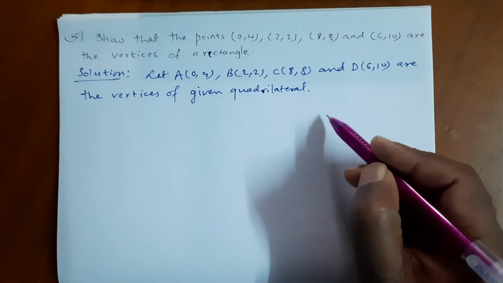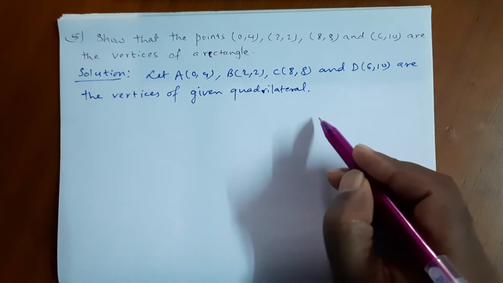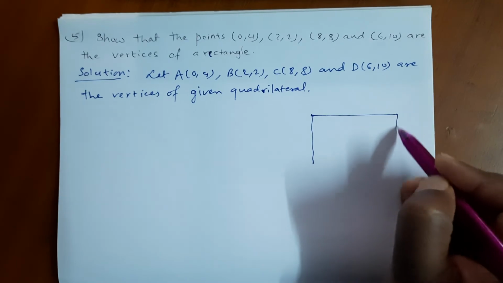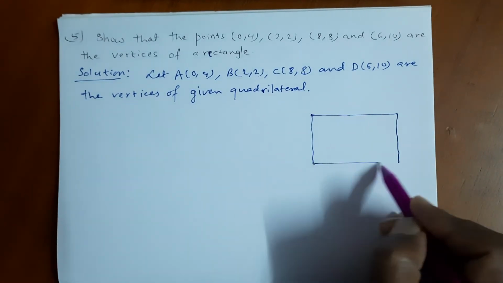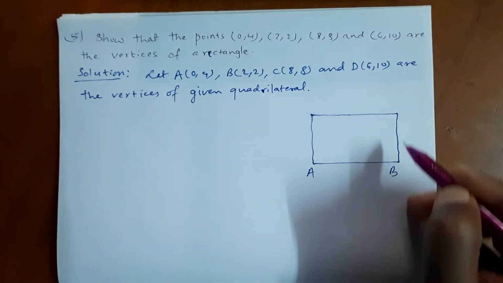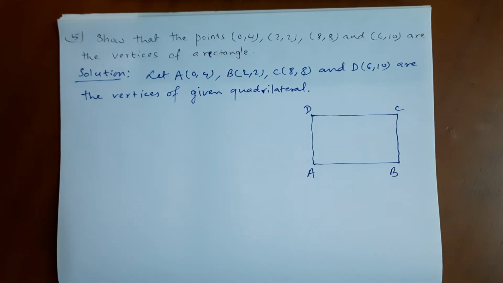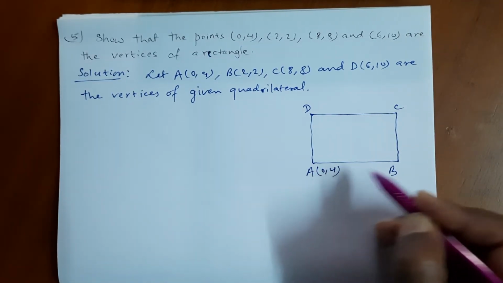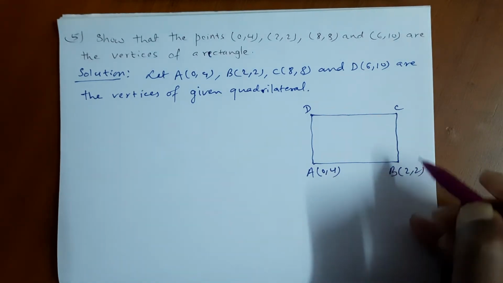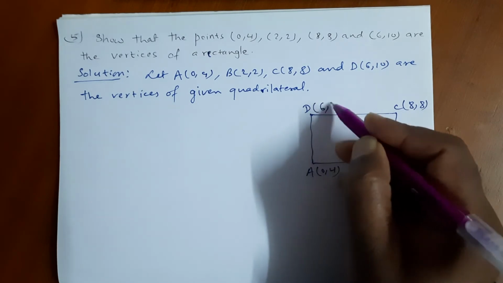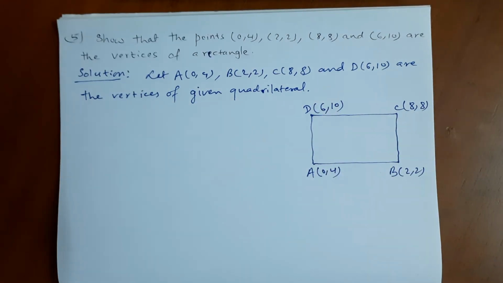So now let us draw a rough diagram for this. We have to show a rectangle, so let us draw a figure which looks like a rectangle. It is a rough diagram. These points, while plotting actually in the graph, may be in a different place, but we can simply write it this way: A (0, 4), B (2, 2), C (8, 8), D (6, 10). Okay, and